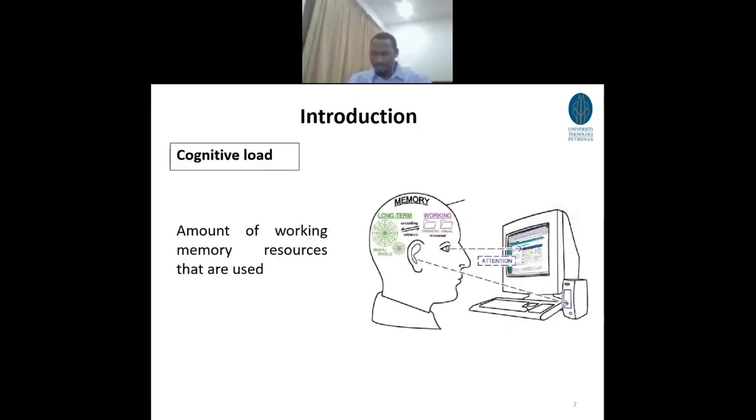Okay, next one, the cognitive load. So as I mentioned, if you are loading your students with a lot of information, or you are teaching at a time where they are somehow already saturated, they might not be able to process any information that you give to them. So the knowledge may not be able to go through. So this is highlighted as well in different studies